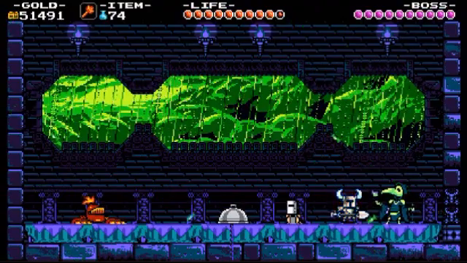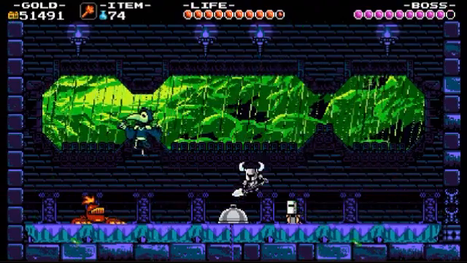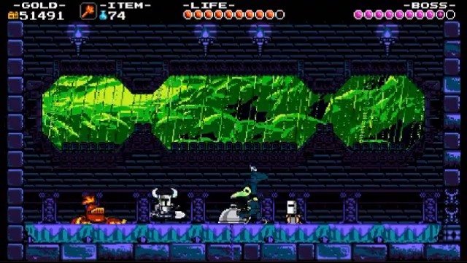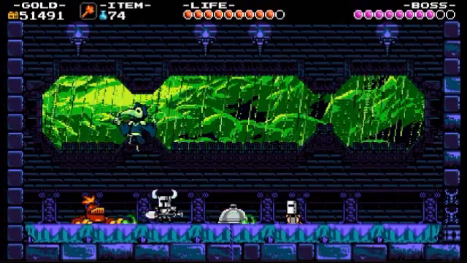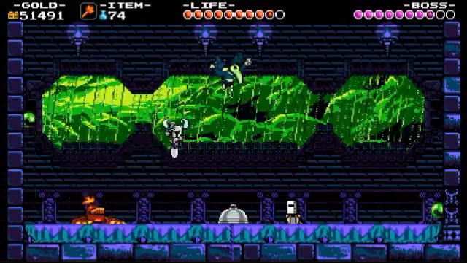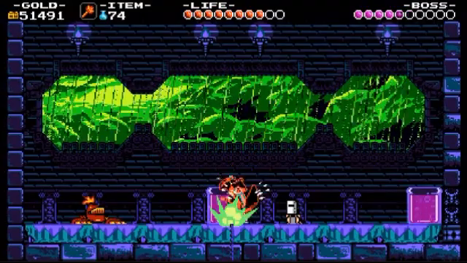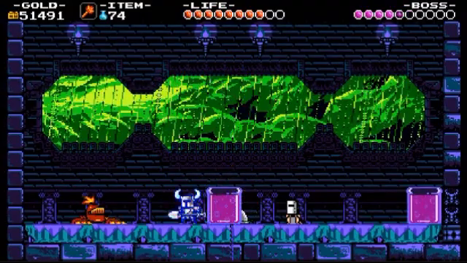So, sixth up is Plague Knight, and it's a bit of a different fight, this one, without the break-apartable floor this time. So we're fighting him on stable, even ground. That's not to say that he won't summon beakers every now and again, which are actually really good for pogoing off of and getting that